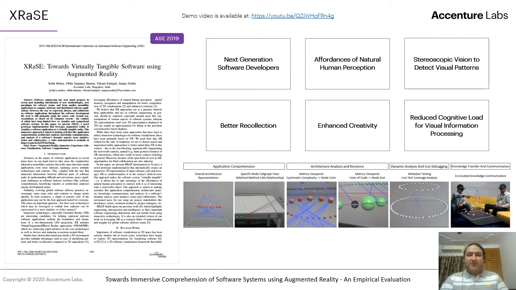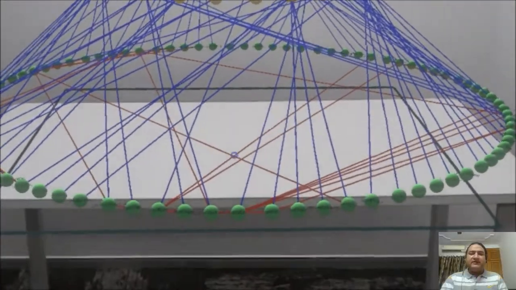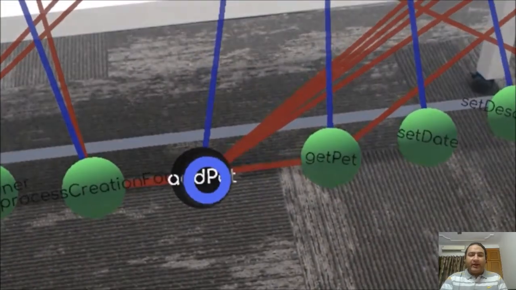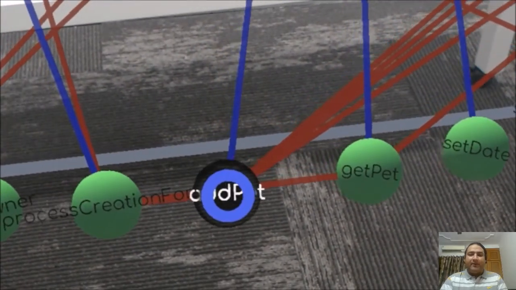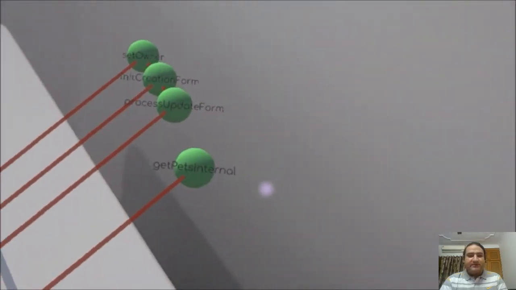X-Rays was showcased as part of the demo track last year at ASE. The following snapshots showcase how a software can be visualized using X-Rays, and a detailed walkthrough video can also be viewed at the mentioned YouTube link. For better reference, this is a quick and short snippet of how X-Rays can be used to look at intercomponent dependencies at the method level, which is sort of like an essential for use cases like impact analysis.